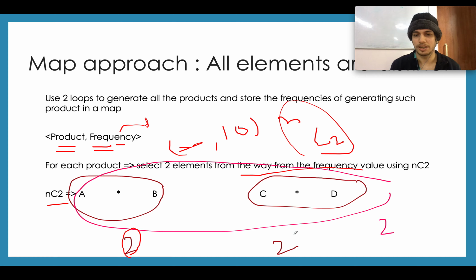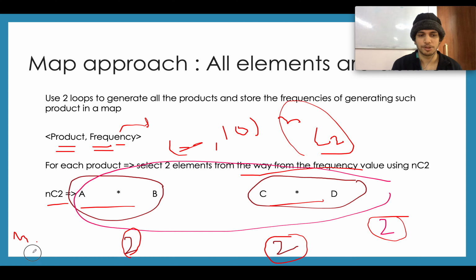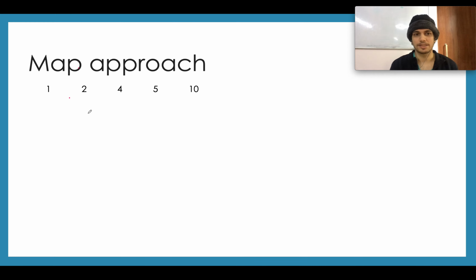I've stated two here. C into D can be reordered in two ways. I've stated two here. And these elements together can be reordered in two ways. I stated this here. So what are the total number of permutations possible? NC2 into 2 into 2 into 2, because you can reorder them in 8 ways altogether. So we'll be counting its sum and storing it somewhere, and let's walk through one of the cases. So we got one. So I'll use the two pointer approach, this is the i index and this is the j index, and we got 1 2 comma 1.